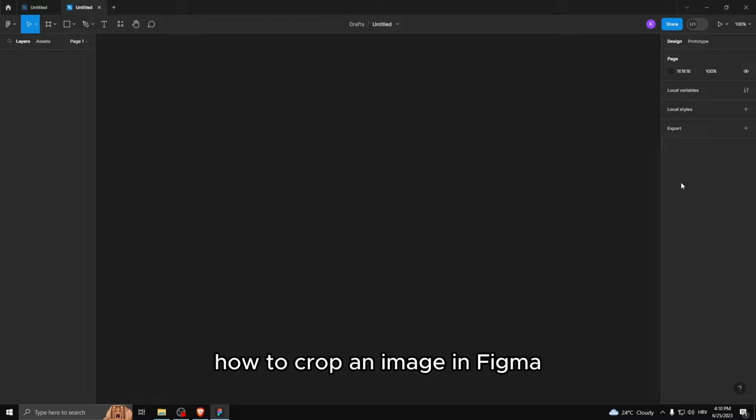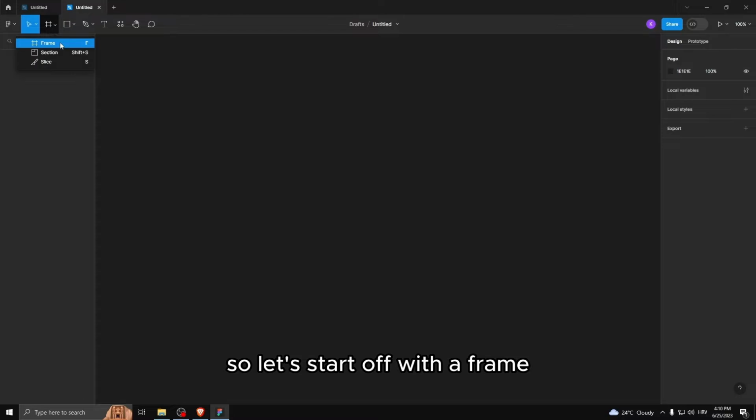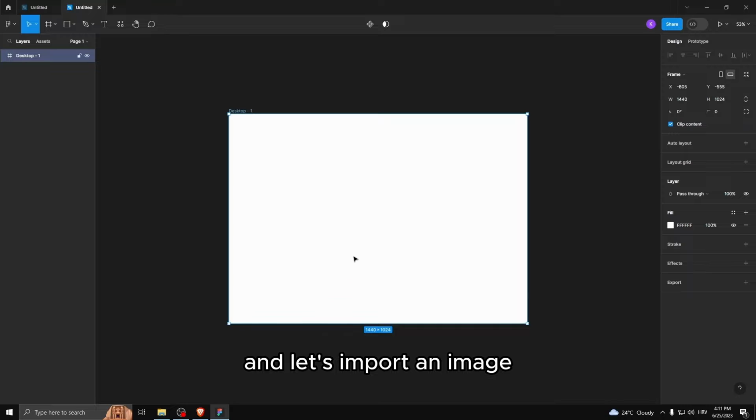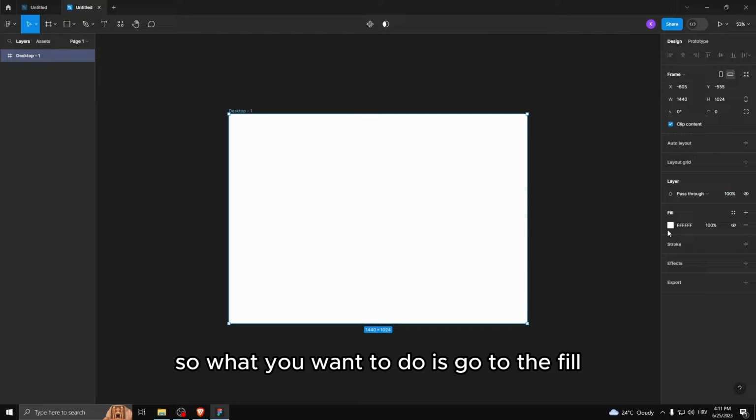How to crop an image in Figma. So let's start off with a frame, and let's just choose a random frame like that, and let's import an image. So what you want to do is go to the fill